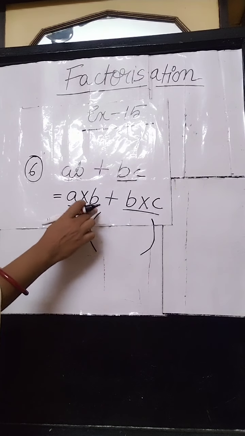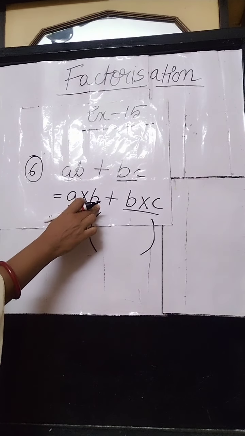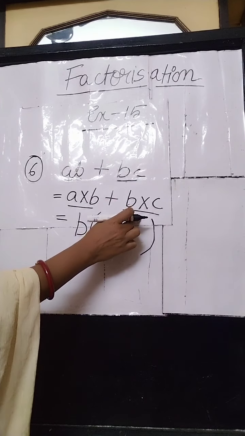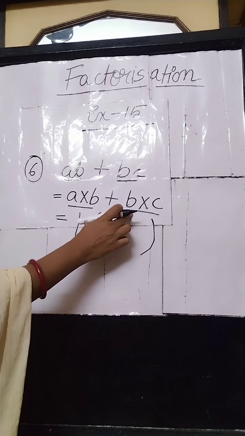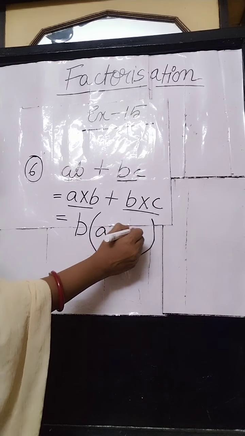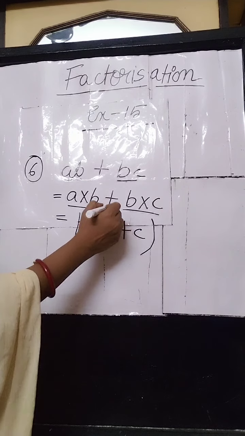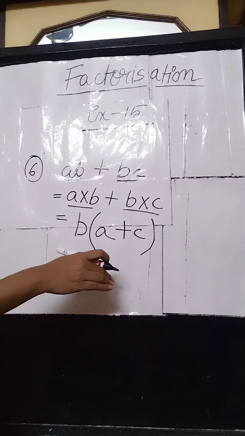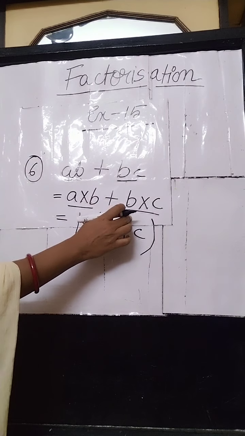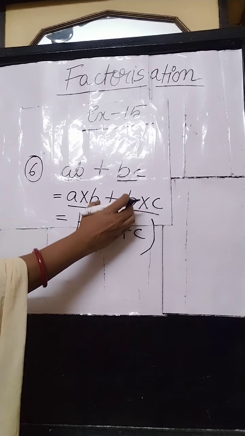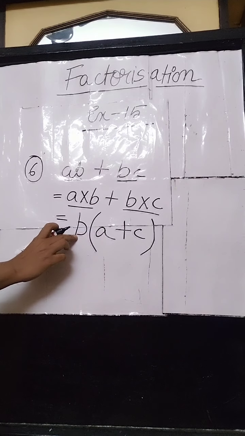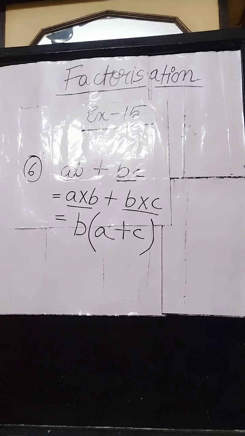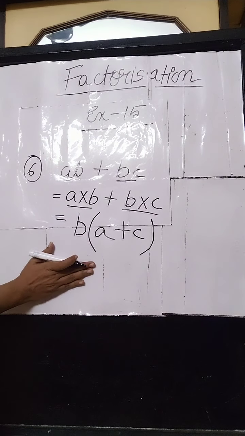If we take out B from the first term, then the remaining factor is A, and in the second term if we take out B, then the remaining factor is C. We give the plus sign in the middle as it is given. So A and C are the leftover factors in the first and second term, and B is present in both, so B we will keep as a common factor outside the bracket, just the way I have done.